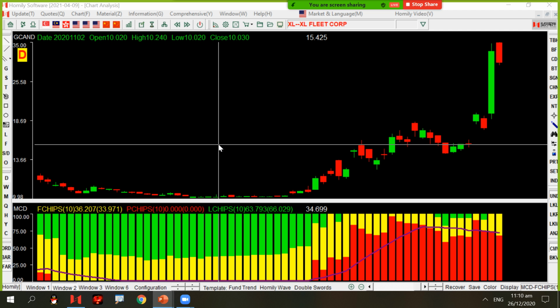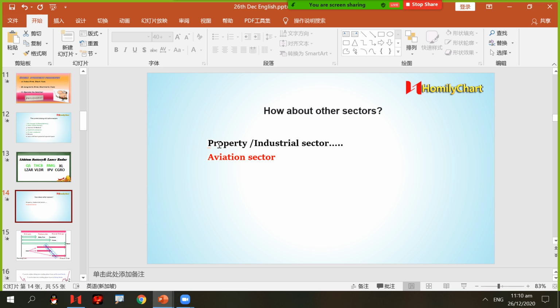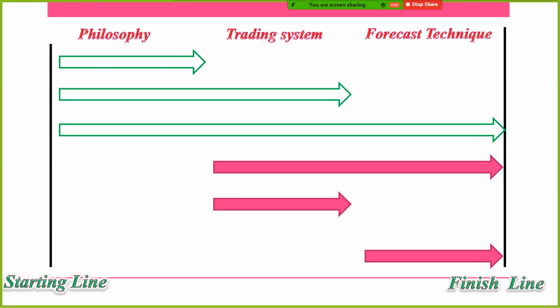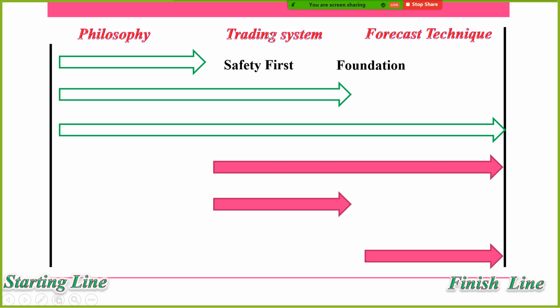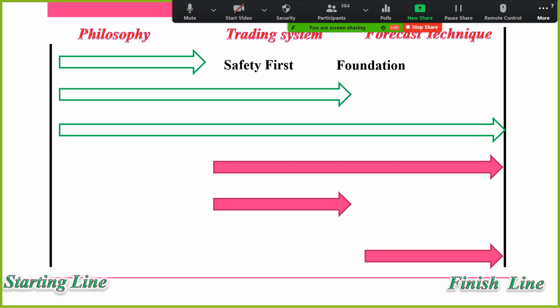Okay, after we do so many analyses for the sector, let me show you something I already shared with you on how to do good trading or investment. Number 1, we should have a very good philosophy. It's a foundation because we need to avoid the risk first. Then number 2, we can add our trading system. How to buy, how to sell. We need some very clear rules. When to buy, when to sell. When we see this signal, we buy. When we see this signal, we sell.